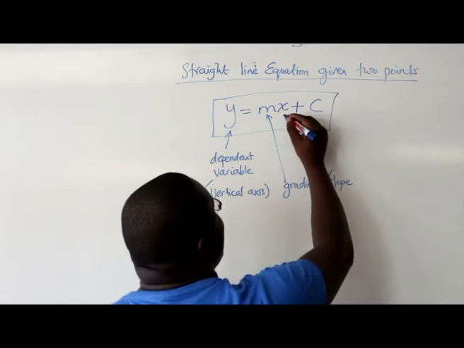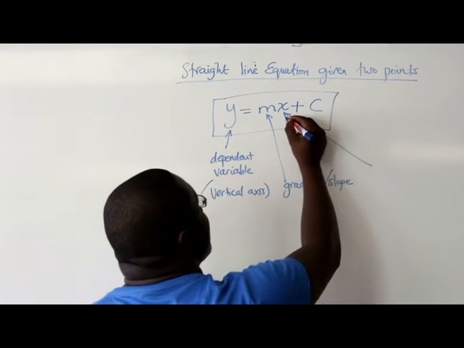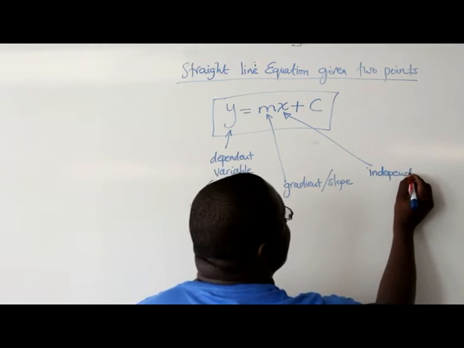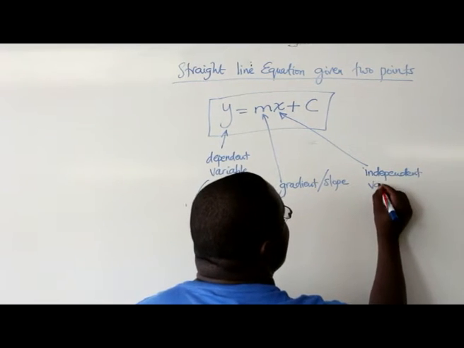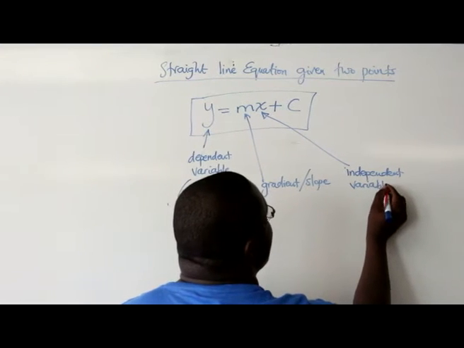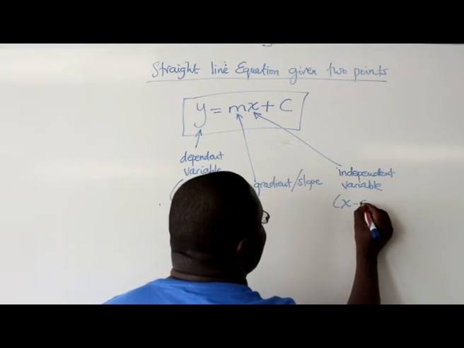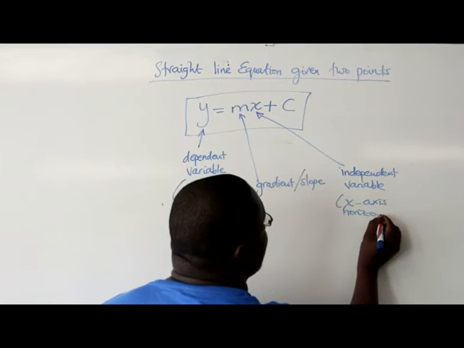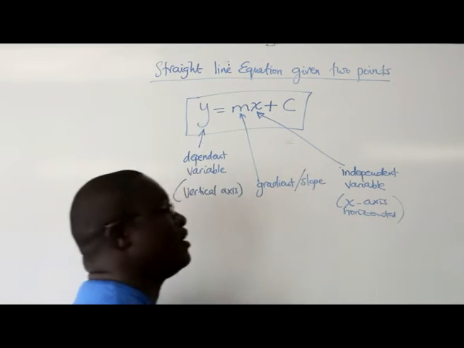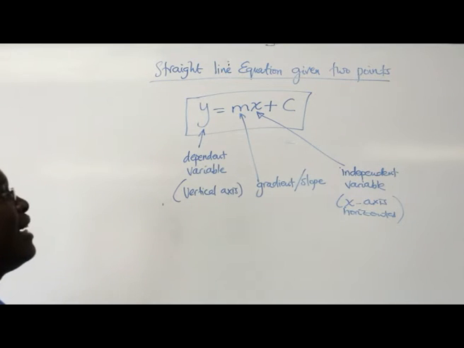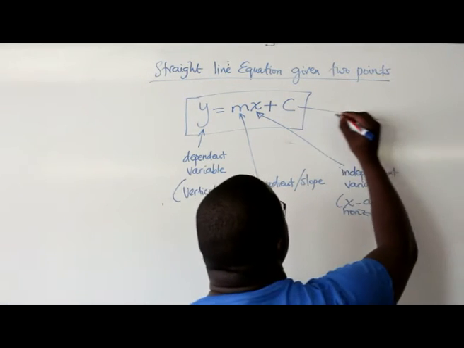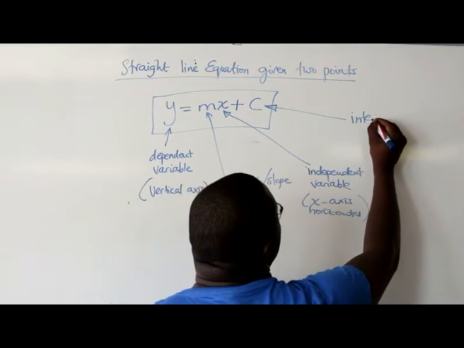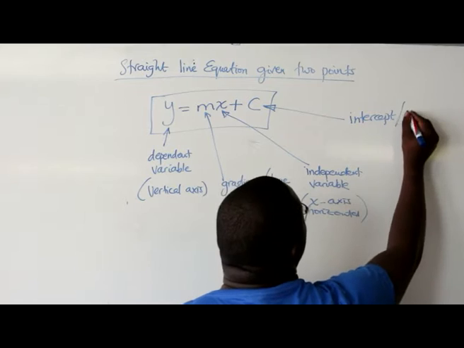And then your x is the independent variable, which you can find on the x-axis. That is the horizontal axis. And then your c. This is an independent term which is called the intercept or the constant,